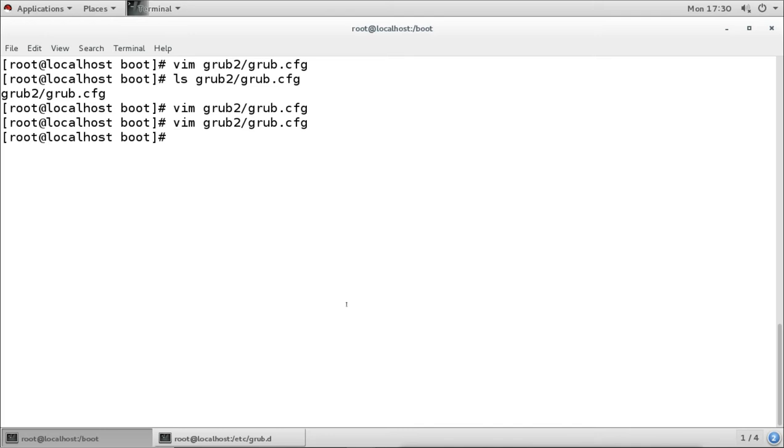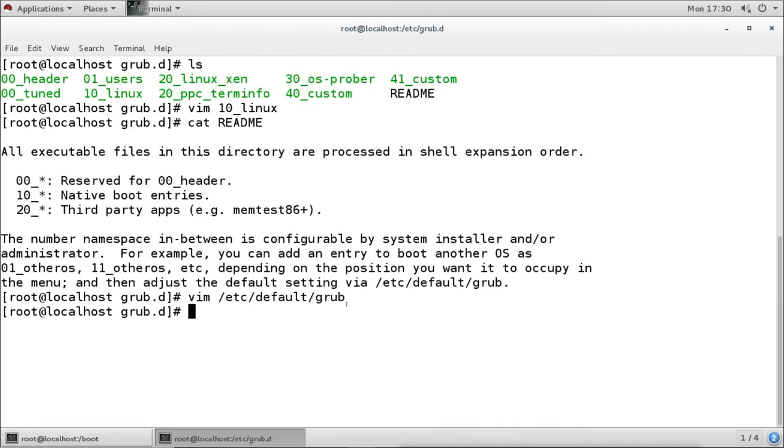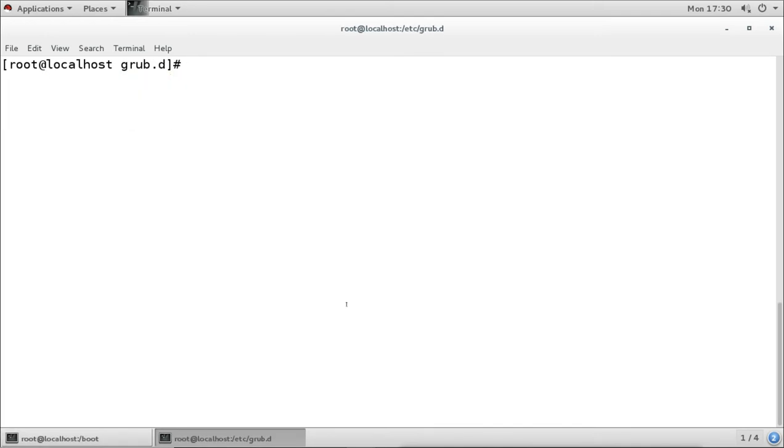So how can we do that? We can do that by using the command grub2-mkconfig. So whatever we change, we have to update it first. If we want to make it take effect, then we have to update it, and for updating we have to run this command. Now what I am going to do is run this command without any parameter first.